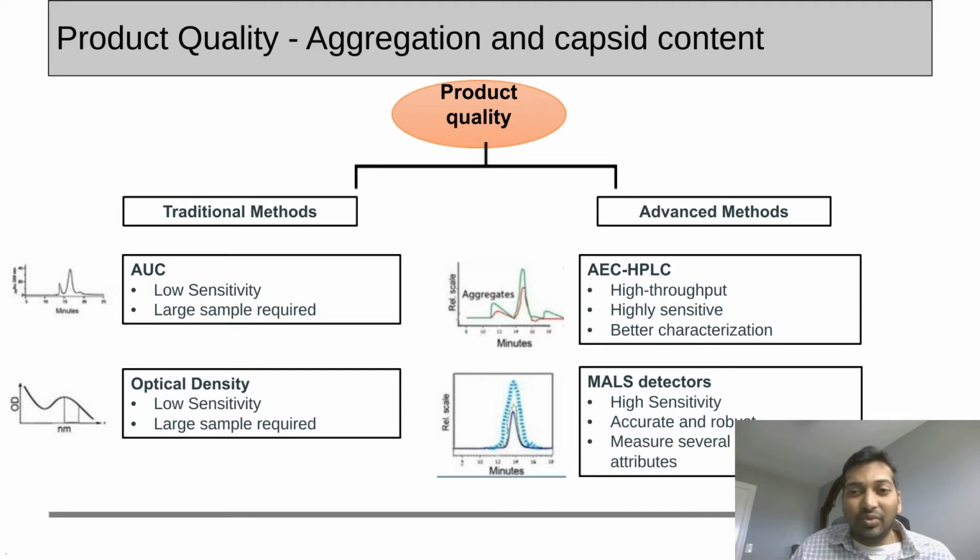And the other approach that most groups in the literature have started to use is multiple detectors attached to HPLC. They use different detectors on HPLC to really define product quality. So it gives more information in an orthogonal way. It gives you accurate and robust information, and it also measures multiple physical attributes at the same time,